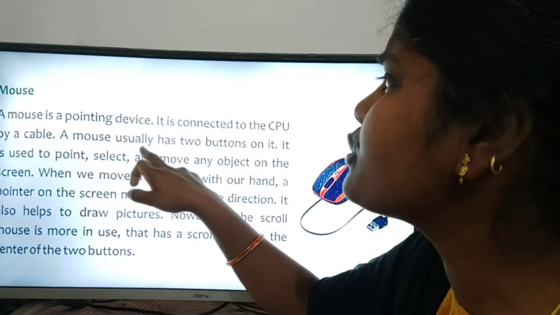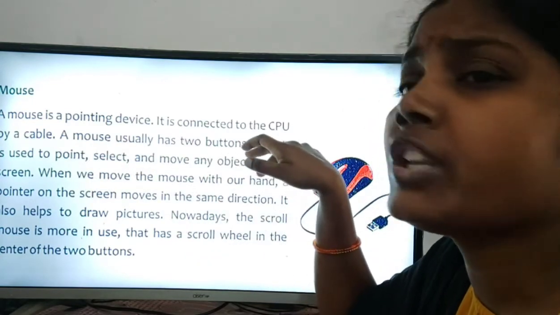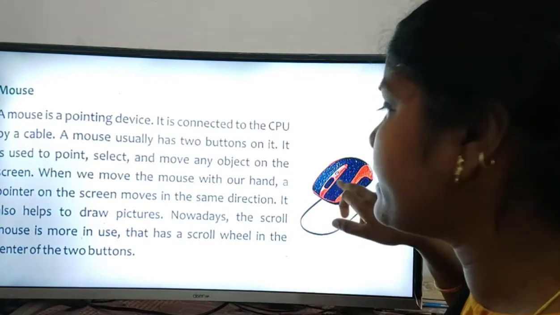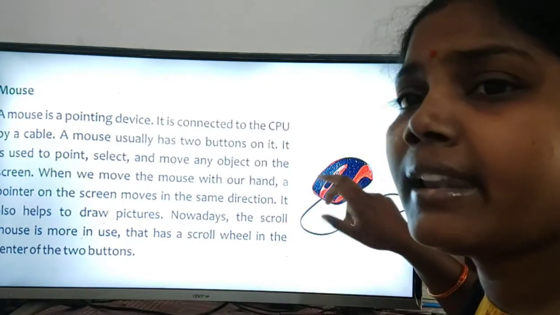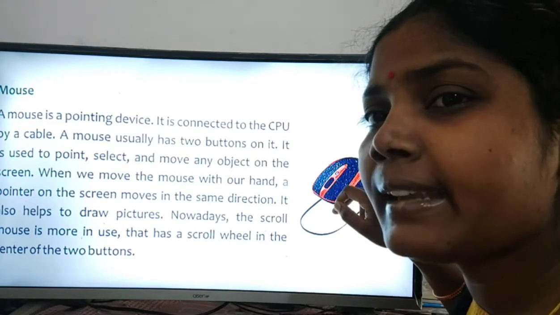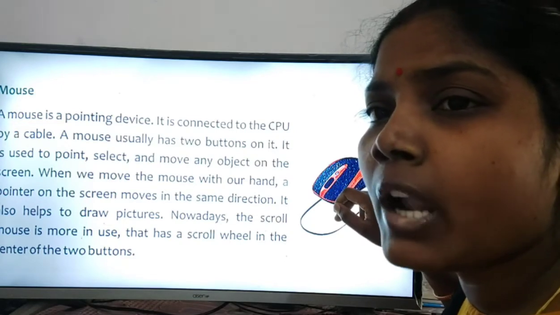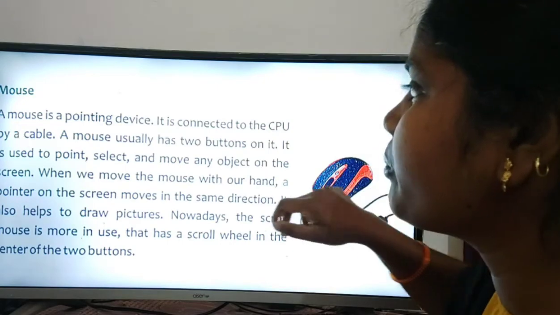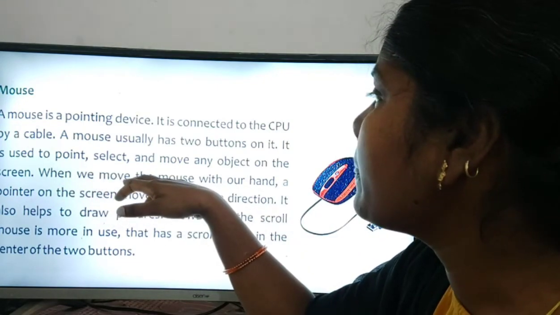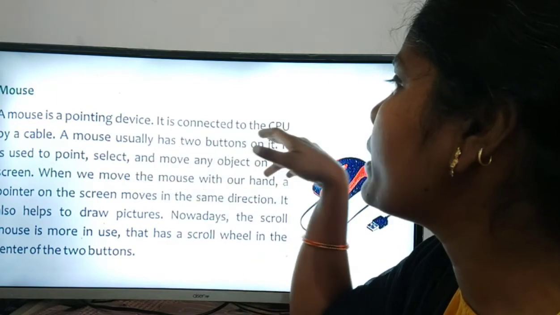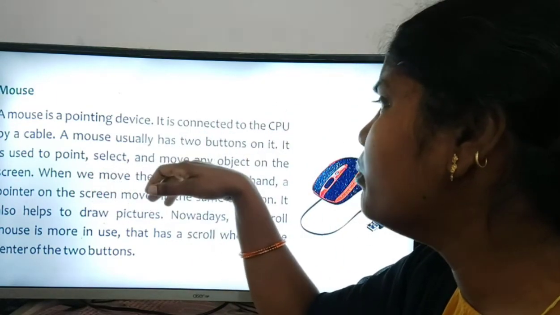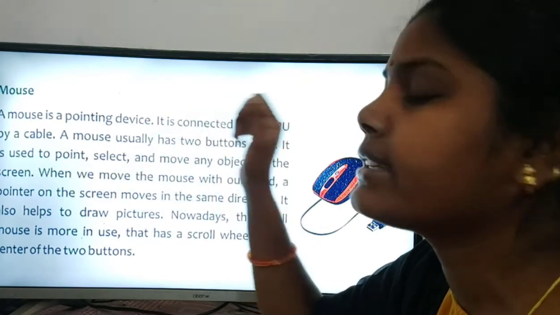A mouse usually has 2 buttons on it. Yes, the mouse has 2 buttons, a right button and a left button, that is right click and left click. It is used to point, select and move any object on the screen.